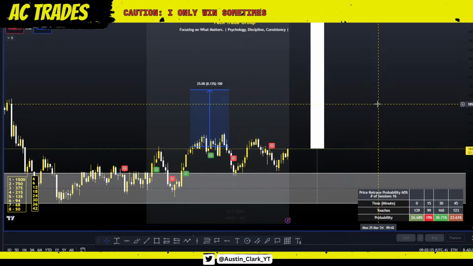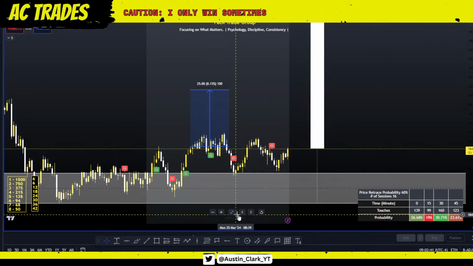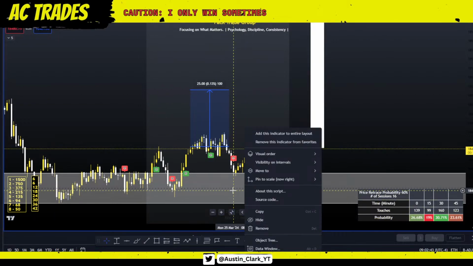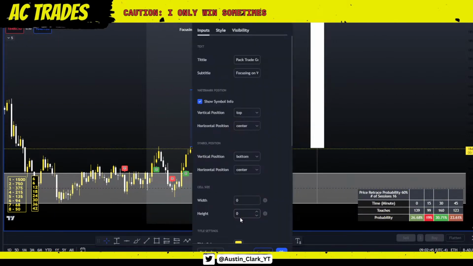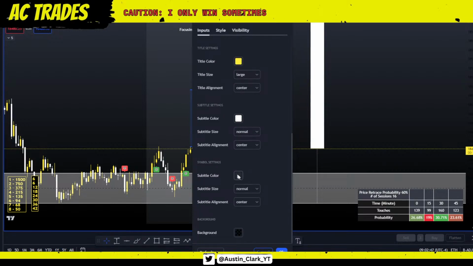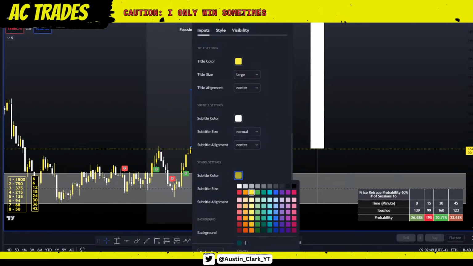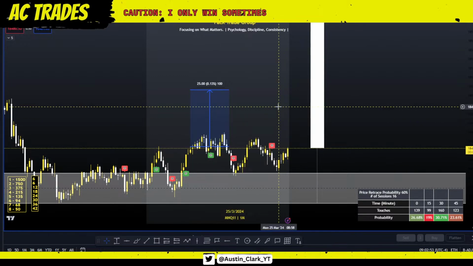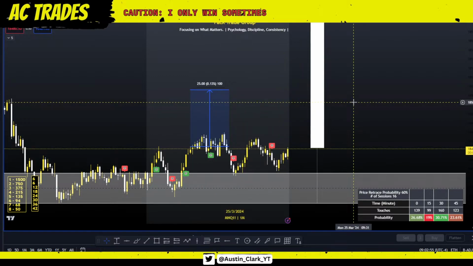Which time frame are you using? I analyze price on the 1 hour and I take entries on the 1 minute. It also says it down here in the bottom. It's kind of blacked out. Here, let me make it better. Yeah, you see it a little bit better now.